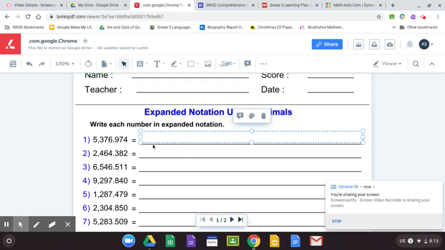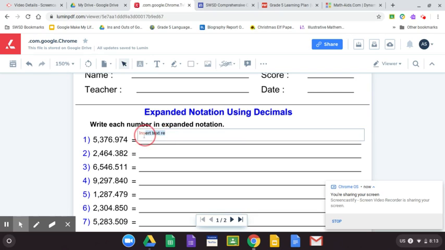All right, so here is the last worksheet that you'll work on today. It is with expanded notation, or expanded form as we call it. So let me make a text box so it's going to be easier for me to write than use that pen. So expanded form means that you are writing out the digit times the place value. So this first one is a 5. So we're going to do 5 times, and the 5 is in the thousands place. So I'm going to do 5 times 1,000, then plus, and then the next is 3 times 100 because that's what place value it's in,